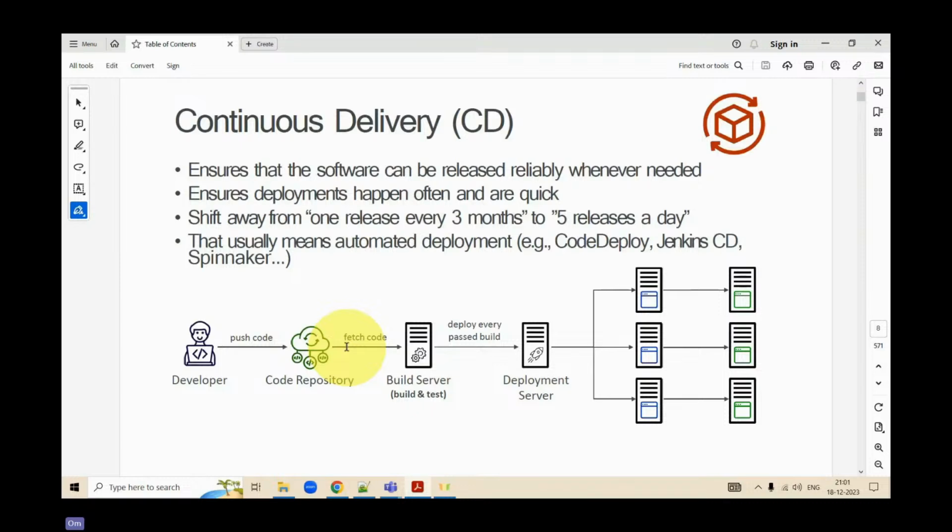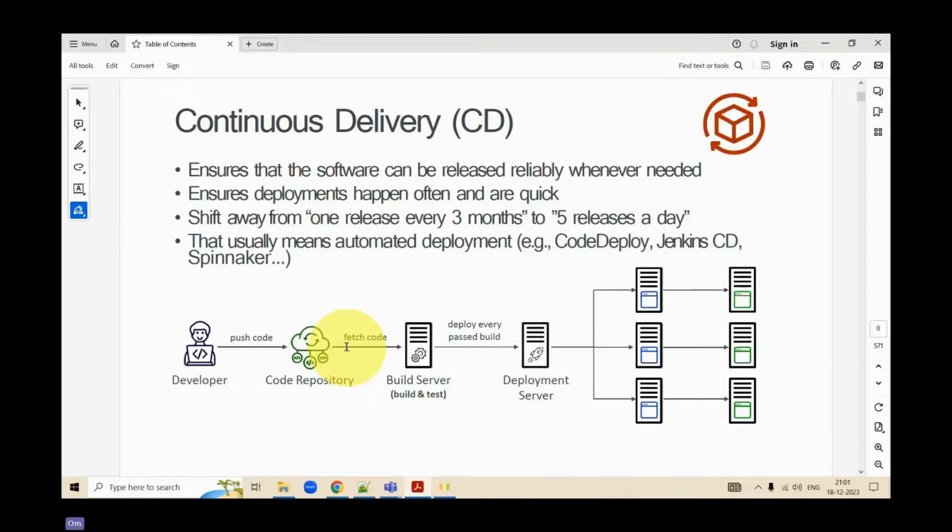Right? That means now you are shifting from one release within 3 months or 6 months to a 5-day release. That means within every sprint, you are releasing something or other. And those products are as per the customer requirements, but they are in shorter releases. And that is what we call minor releases or miniature releases. Am I correct? Yeah, I got it.